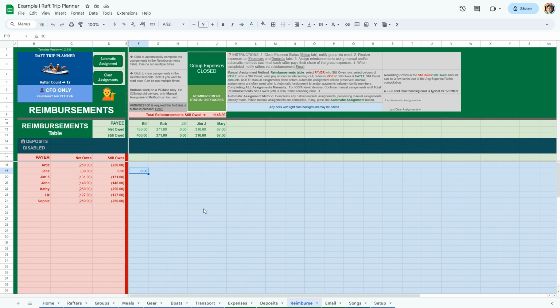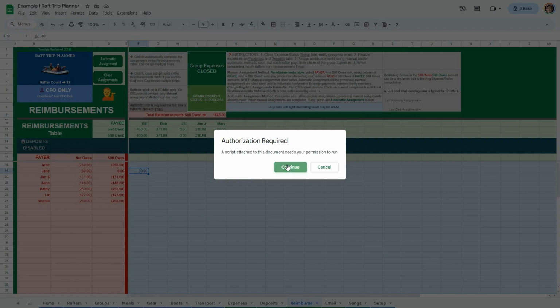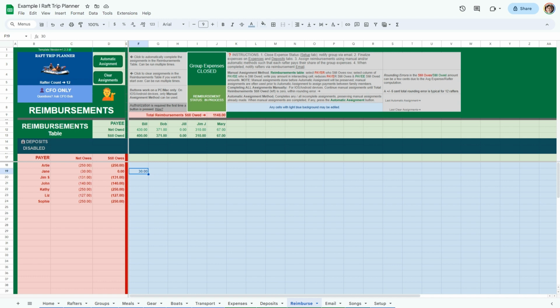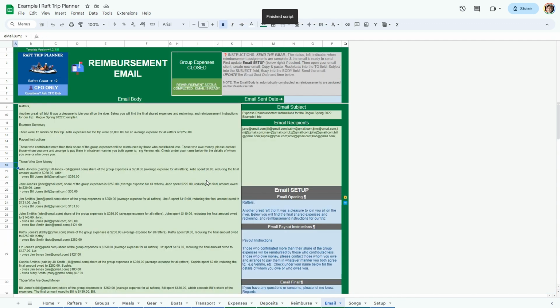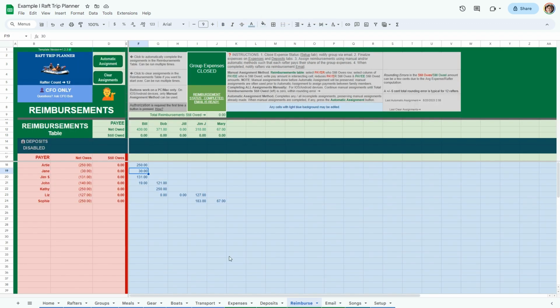So you can do this manually, the CFO can, and sometimes they'll do part of it. And whatever's left over, they can do automatically. Press a button. The first time that the CFO runs the button, he has to authorize the spreadsheet so that he can run the script. That's just a one-time thing for just the CFO. And now we see that this automatically was reimbursed. Everybody's reimbursement, so nobody owes any money left and nobody is owed any more money. Our total here shows 0, and we see a status that says that the reimbursement has been completed and that